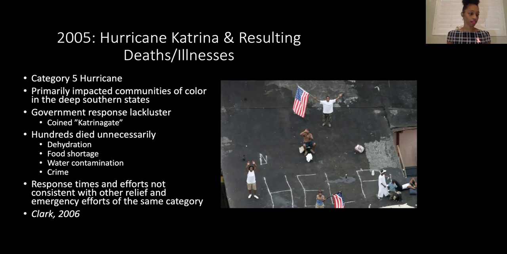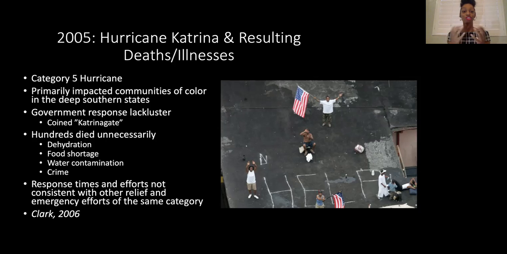And because of that, it seems that the government, local governments and federal governments, had a much slower response rate to evacuating these individuals, providing food, care, etc. So much so that their lack of response and apathy towards the situation was coined Katrina Gate, like Watergate, but for Hurricane Katrina instead. Hundreds died unnecessarily, and this was due to tens of thousands of them being housed at